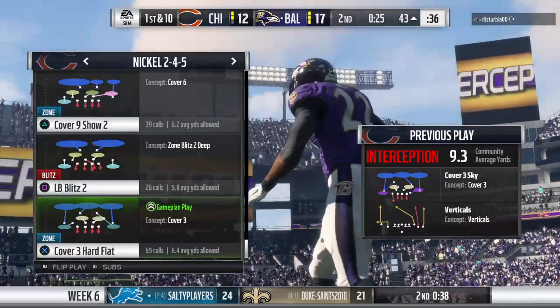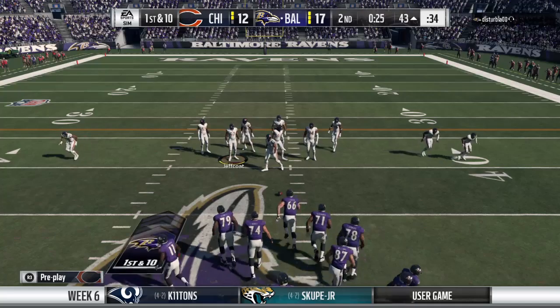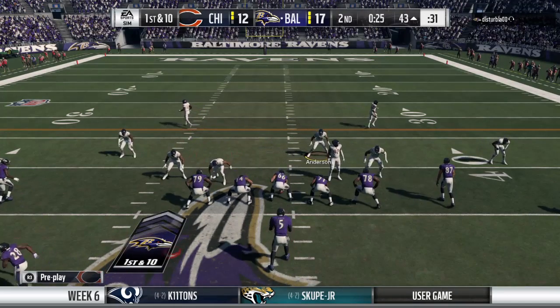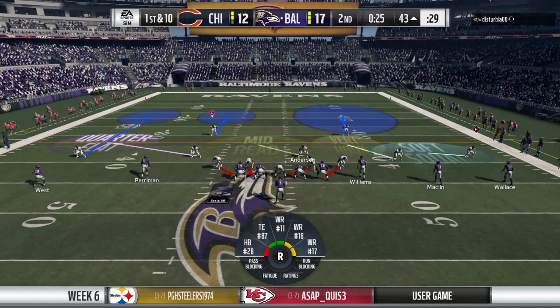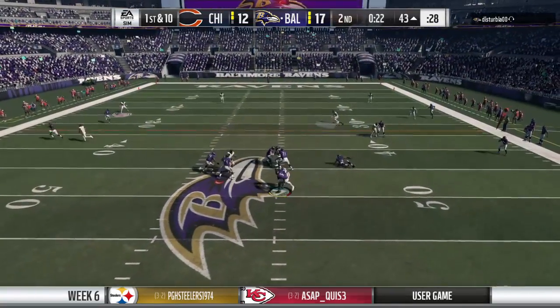Maybe he telegraphed it a little bit right there. You've got a cornerback knowing that he's going against a rookie quarterback. He stepped in and picked it. You think he had a great week of preparation, looking forward to this opportunity? And the second part of that is, when you're a young quarterback...